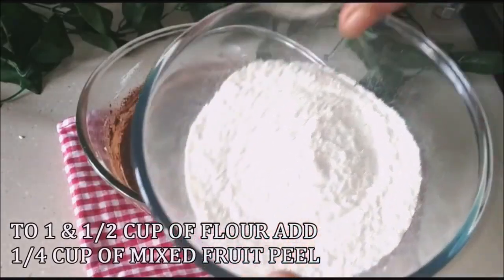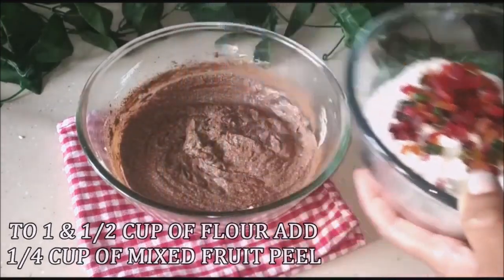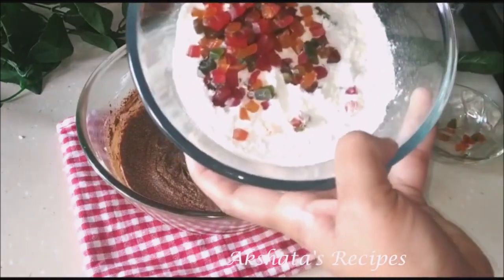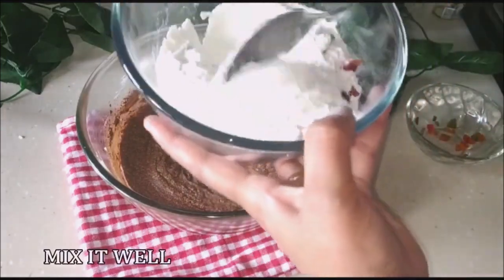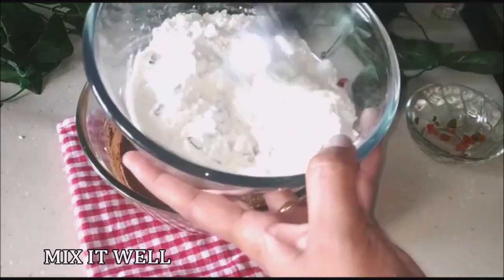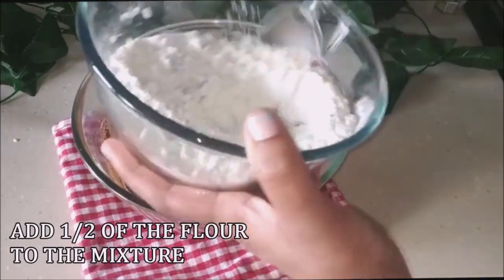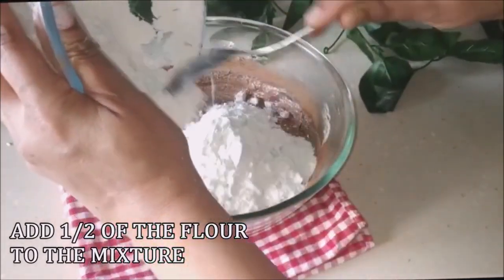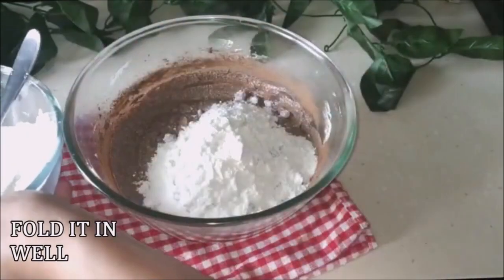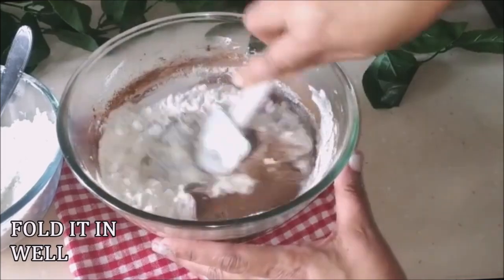Now here I have 1.5 cup of plain flour and 1/4 cup of mixed fruit peel. I'm going to mix the fruit peel into the flour really well. Now the reason behind this is that if you mix the fruit peel with the flour, then it evenly gets distributed in the batter and doesn't settle to the bottom. So if you add the fruit peel directly, it might just all sink to the bottom. But if you add it to the flour, then it gets evenly mixed in with the rest of the batter,